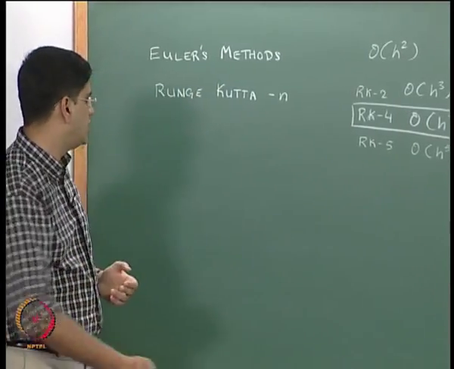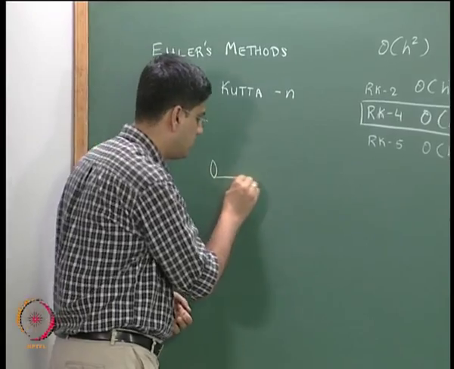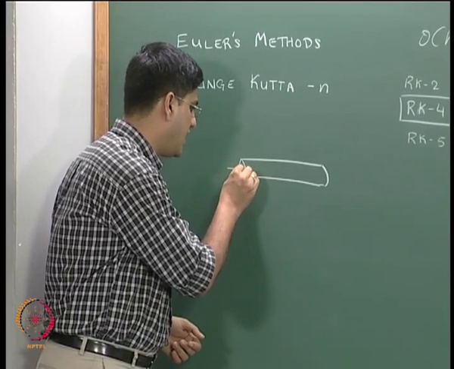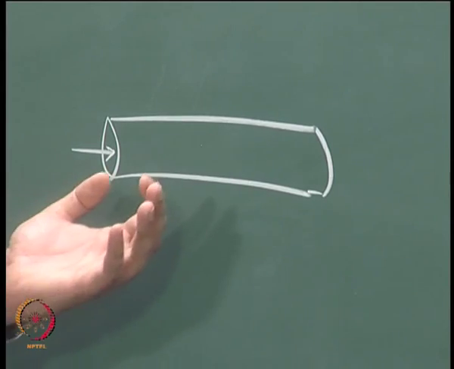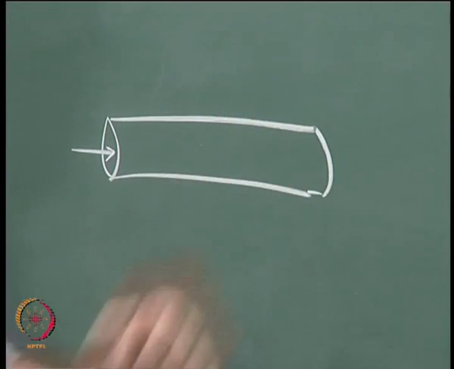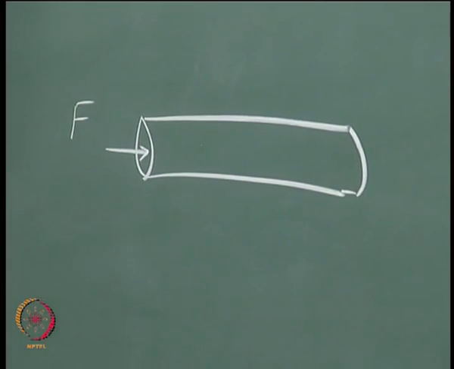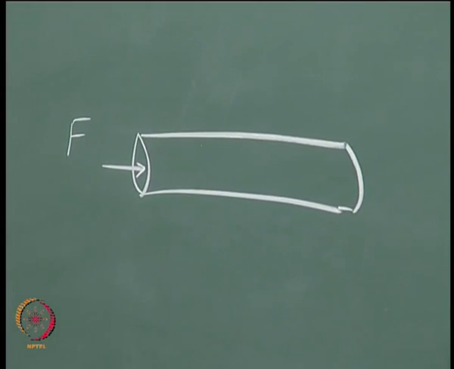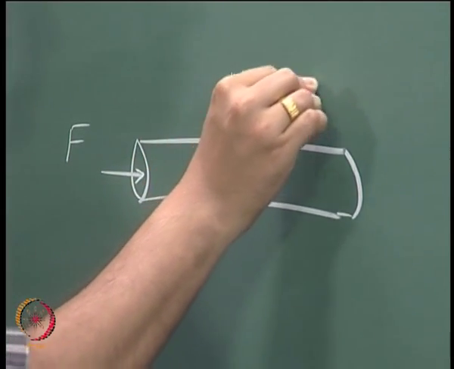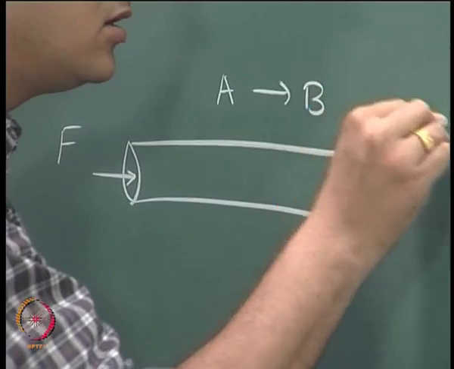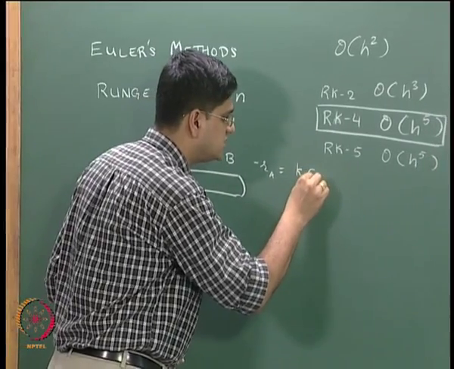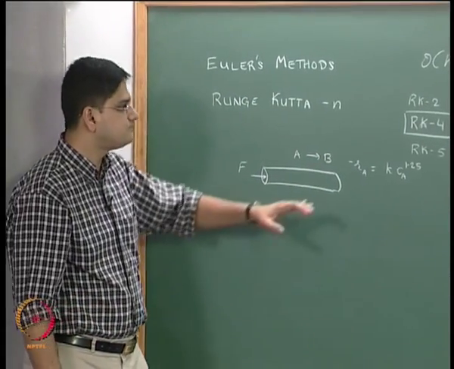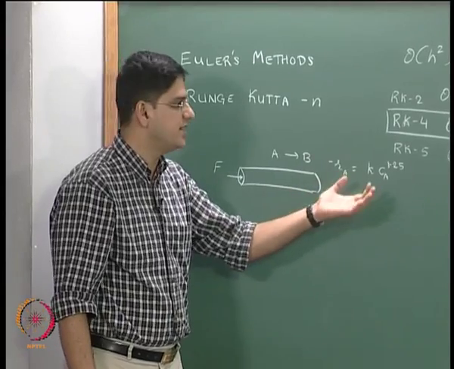So that is what we considered, and then we looked at solving a particular problem for a plug flow reactor. The physical problem means that there is a tube of a certain length L and volume V, and we have species A flowing through that tube at some flow rate f, and there is a rate of reaction taking place. There is a reaction A going to B with rate of reaction equal to k times Ca to the power 1.25. And we solved this particular problem analytically, algebraically, and we got the solution.